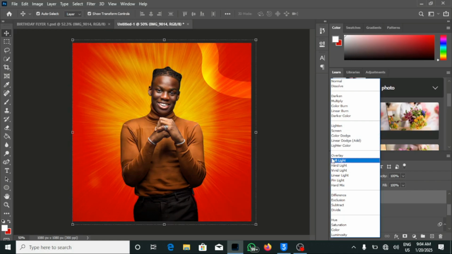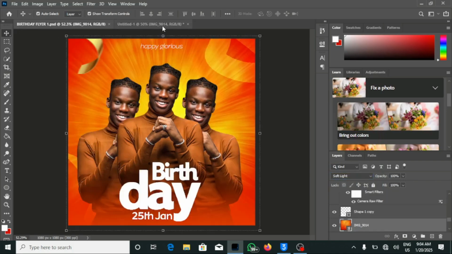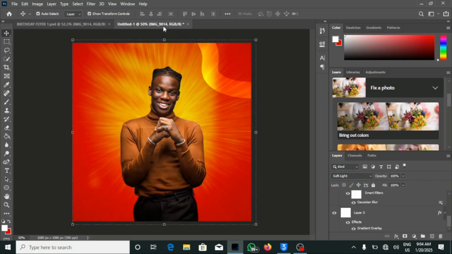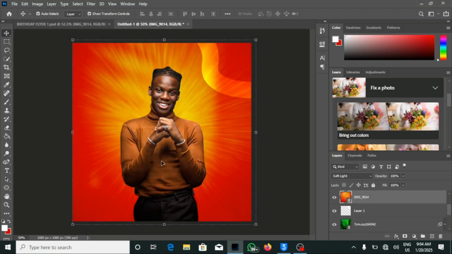We can actually choose a soft light, so let's choose a soft light for this. Alright, so choosing a soft light for this, and now you will have to duplicate this image, so Ctrl J